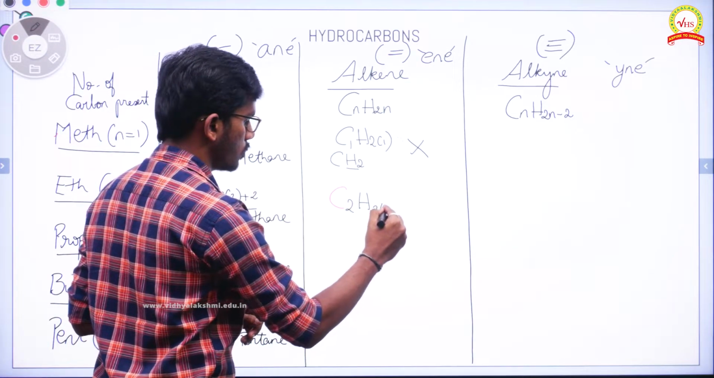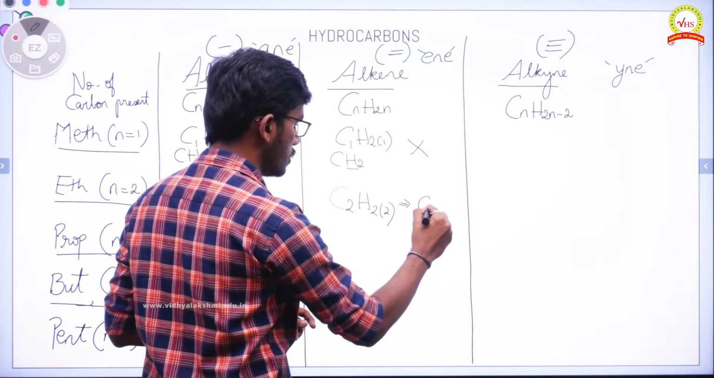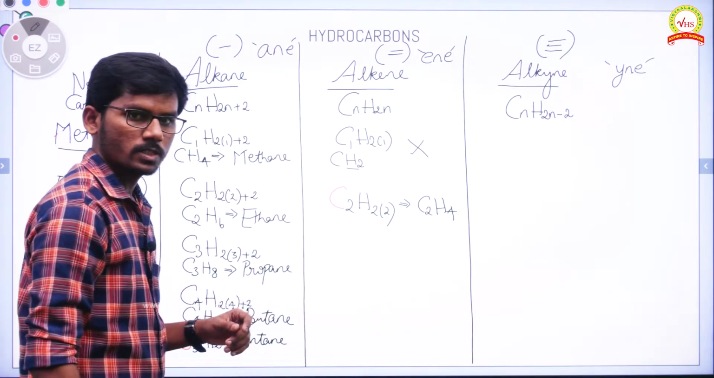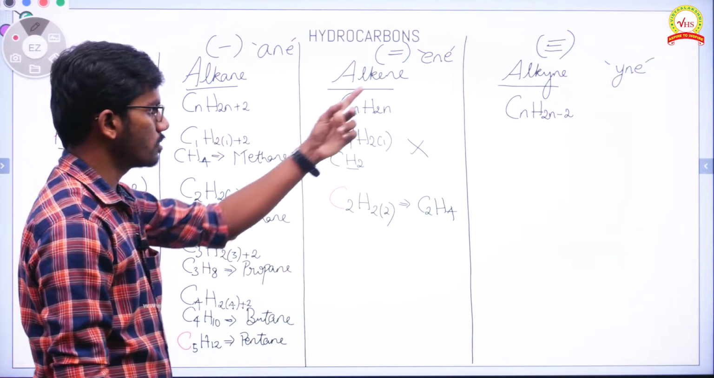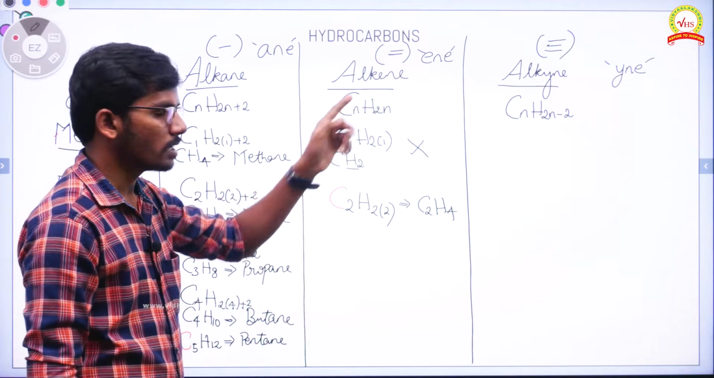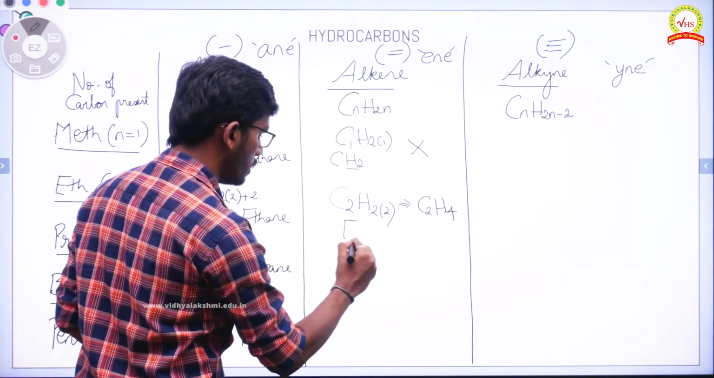C2H2 into 2. Right. So the formula is going to be C2H4. Right. Now let us give the name. Prefix is eth and suffix is ene, whereas in alkane we saw it as ane. In alkene it is going to be ene. Therefore, the name is going to be